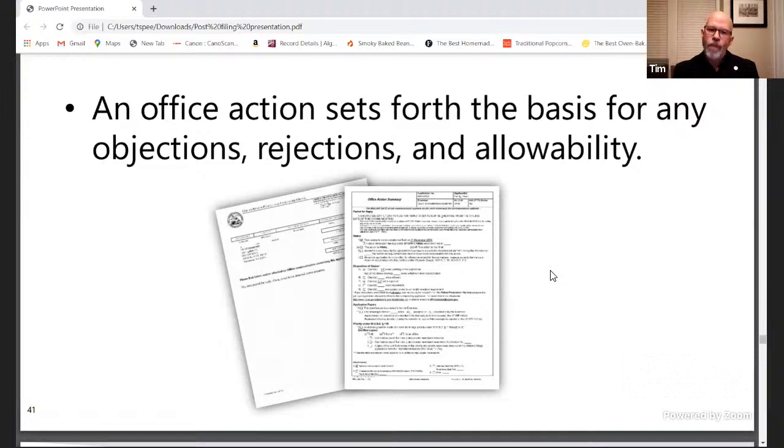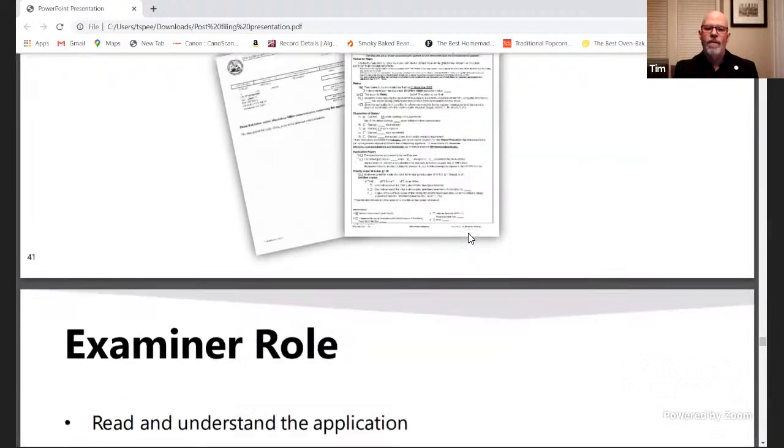Now, when an examiner first picks up an application, generally there are two things they can do. They can either send out an office action, which would reject the claims, or they can allow the case. We would call that a first action allowance. There are some other things they can do, like restrict, and lots of other formal requirements, but at the basis, you'll either get an office action or you'll get an allowance when it's first filed.